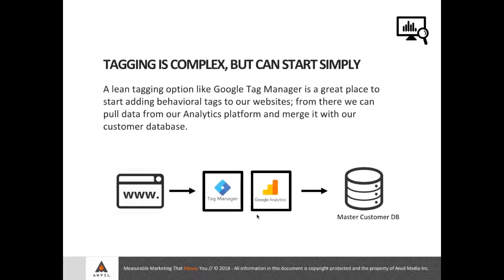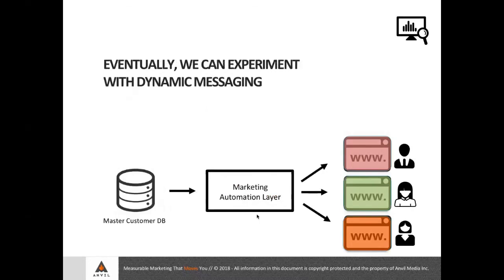Now we have our customer database pulling in all sorts of interesting behavioral tags. And a tag can be anything we want it to be. If a user clicks or stays on a piece of content for a specific amount of time, or if they leave a certain area of our site, we can check on all of those things. And on the other end, once we have that information in the database, we can start going into the dynamic messaging. I'll give a couple of workable examples of that.